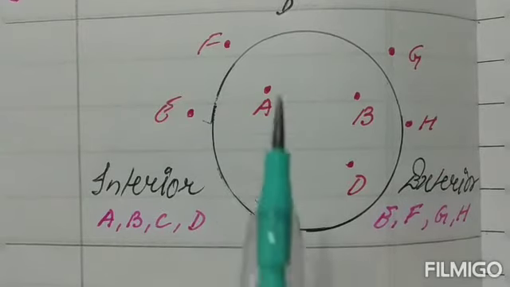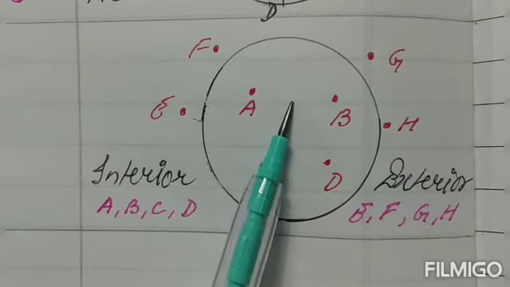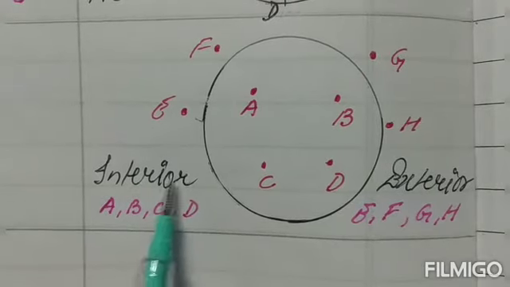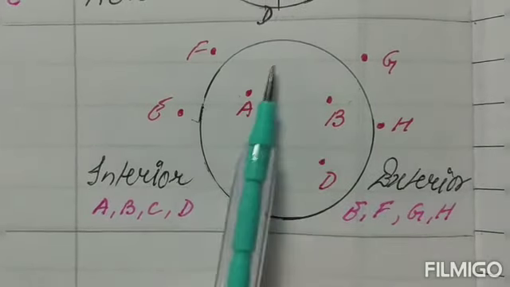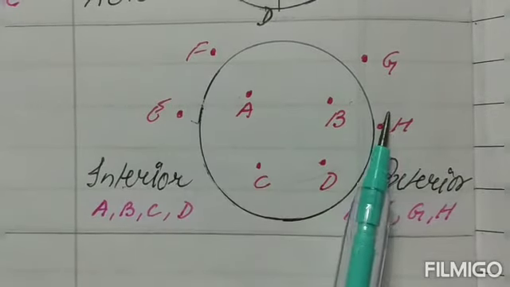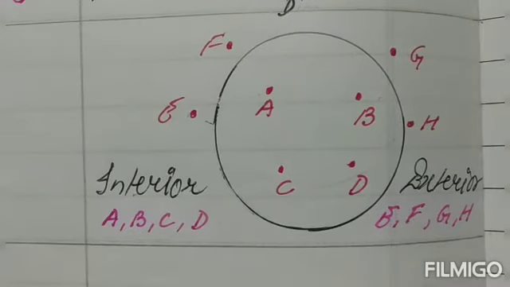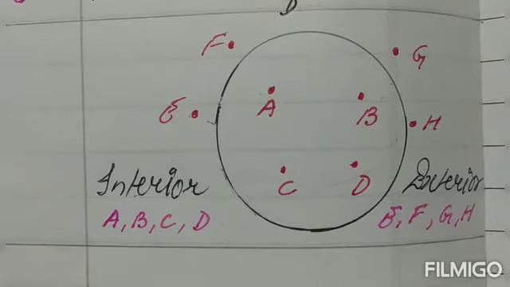The last thing for the introduction to the circle is, children, if something is drawn inside a circle, it is known as the interior part of the circle, or the interior points. Now A, B, C, D, you can see these are inside the circle, so they are in the interior of the circle. And the points E, F, G, H, drawn outside the circle, are known as the exterior of the circle. So all this that I have told you and shown you in the various figures is the introduction to the lesson of circle.